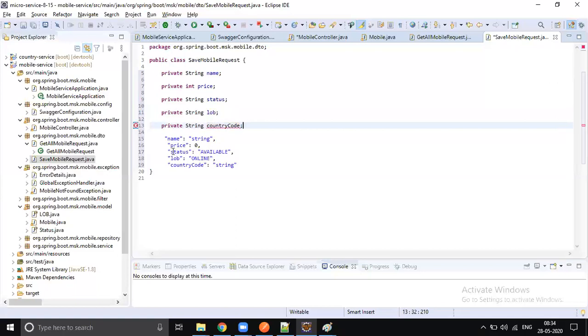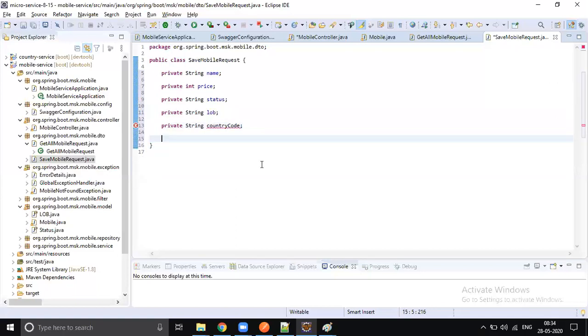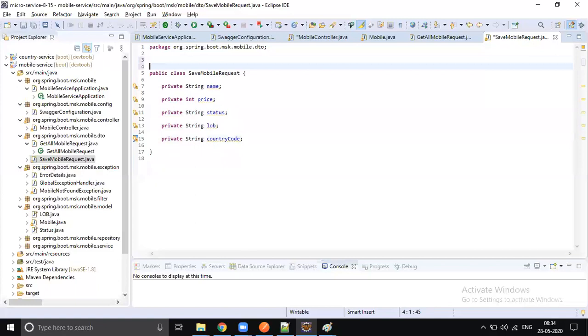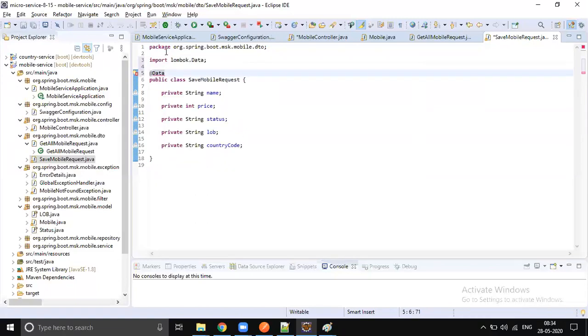Only these are the parameters which are going to come from the client. We don't like writing setters and getters, we are a little advanced, so let's use @Data. No setters, no getters. It's pure Lombok code we are going to write.